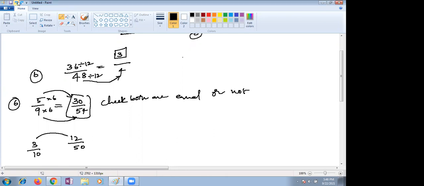Yes, both are not equal. You can write, keep a small message, not equal. This is the not equal to symbol, children. If you put that, I will write in the blank, not equal, because you are two small kids. Maybe you didn't get that sign.